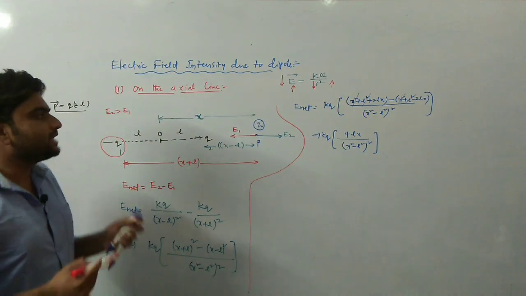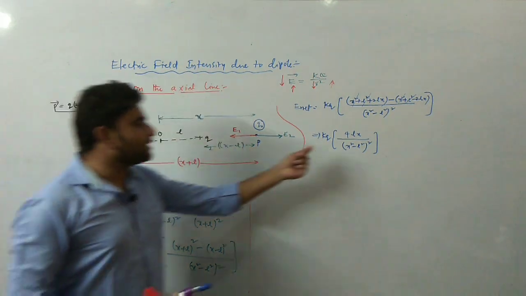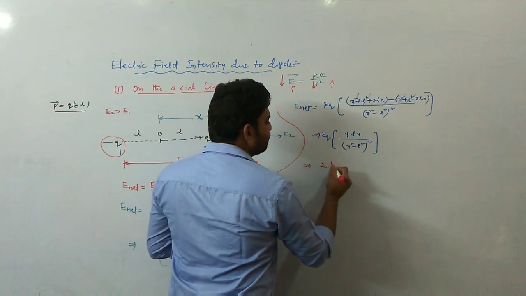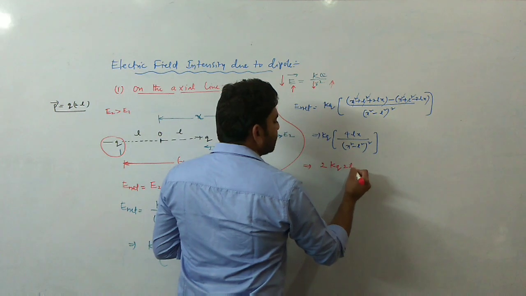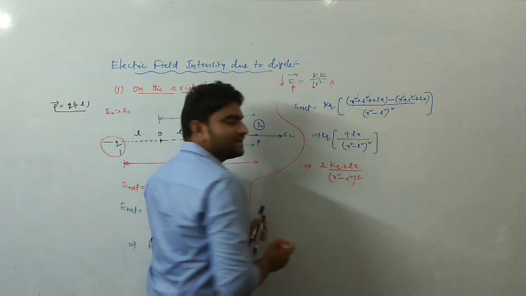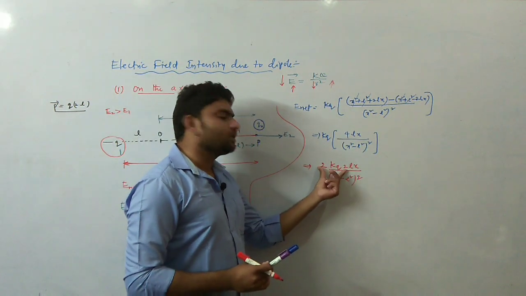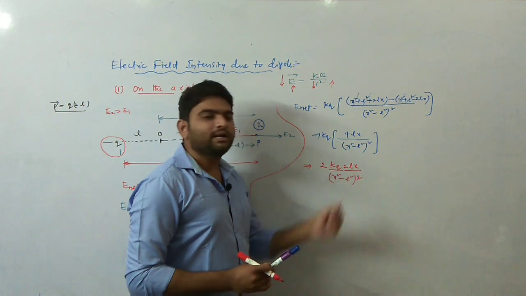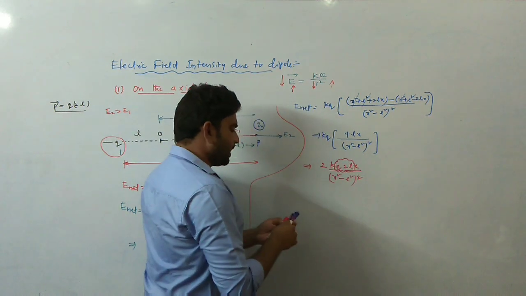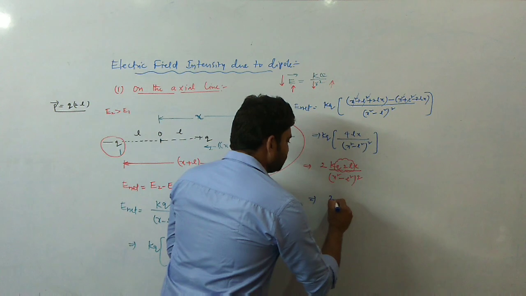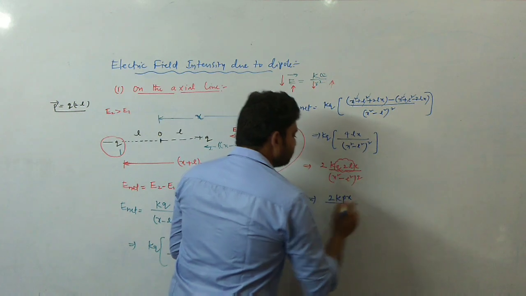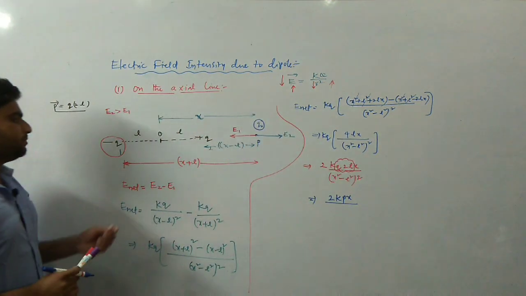Now, as I am supposed to calculate the dipole moment, let me convert this value. I am rewriting this equation as 2 into KQ into 2LX by x square minus L square whole square. I just separated 4 as 2 into 2, so that Q into 2L can be written as the dipole moment, right? So I can rewrite this equation as 2kp, because this value is p, and the remaining x by